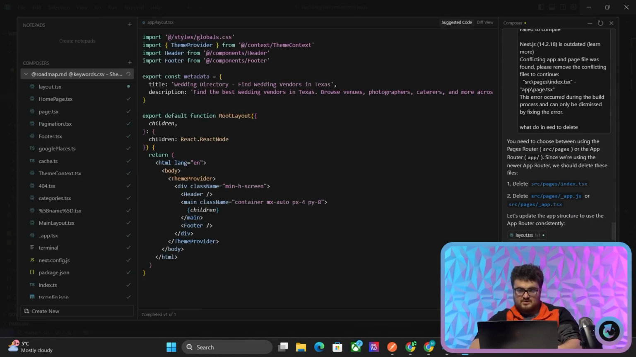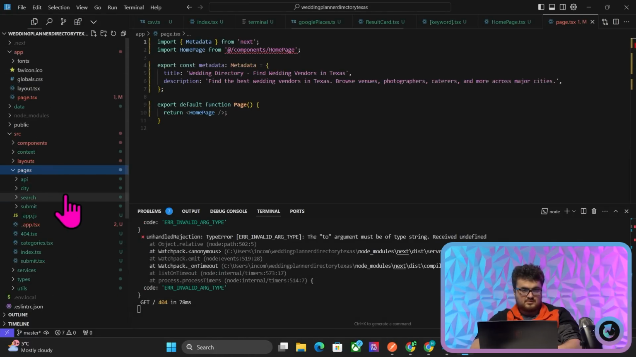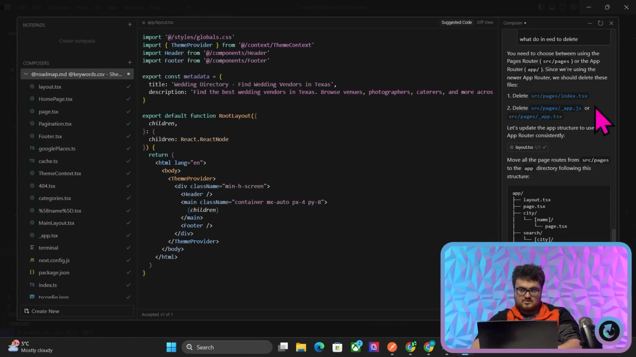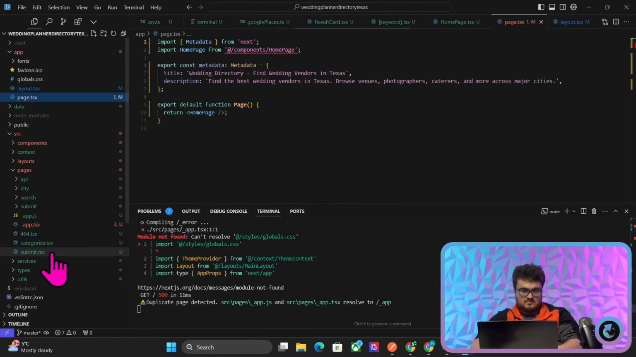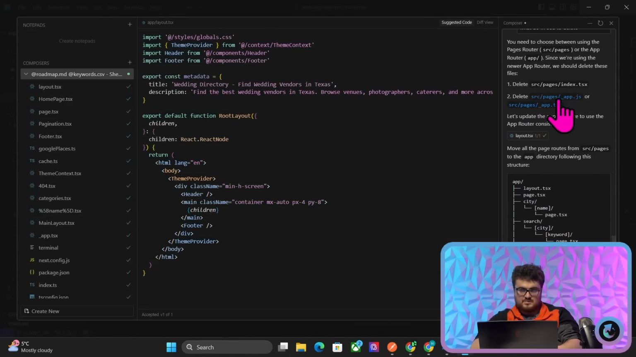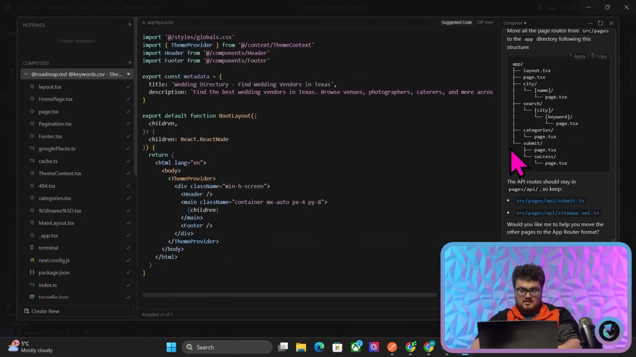Delete source pages index. So source pages index.tsx. Okay, so I need to delete source pages index.tsx. So we'll delete this. And then we need to delete source pages app.js. And we'll delete,